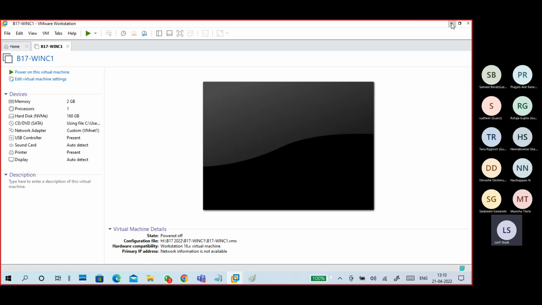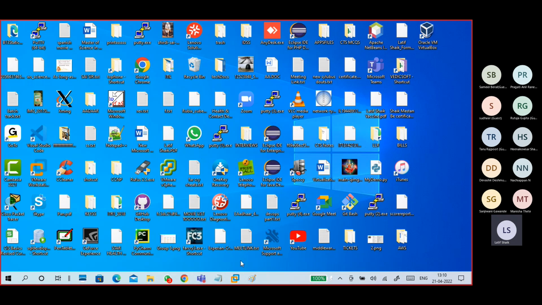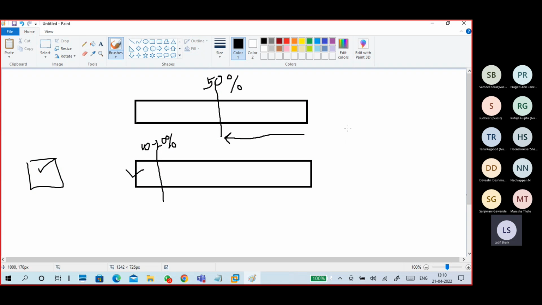Next, a lot of people don't shut down their machines. Instead of shutting down, they put the machine into sleep mode. That is also very dangerous. I am telling you about all maintenance-related points, guys. Maintenance of the system is very important. So that's the first point. So how to maintain your system?